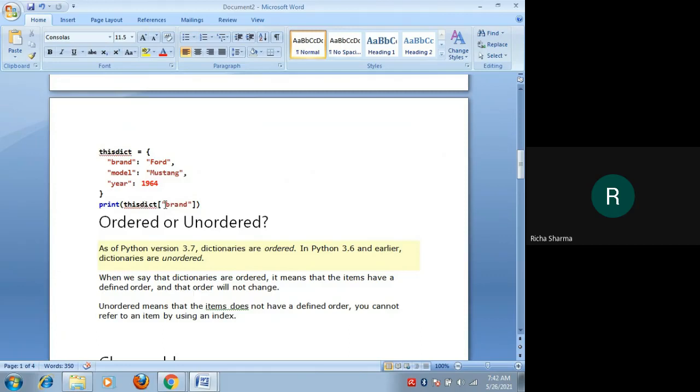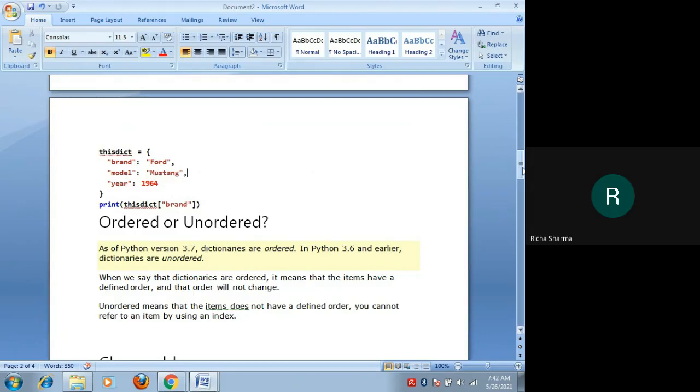First the dictionary name, then in square brackets we will pass the key name to print the particular value of the respective key. So what will be the output of this particular command? We will get the value as Ford. The brand value is Ford. So in this manner we can access the key value pairs of a particular dictionary.